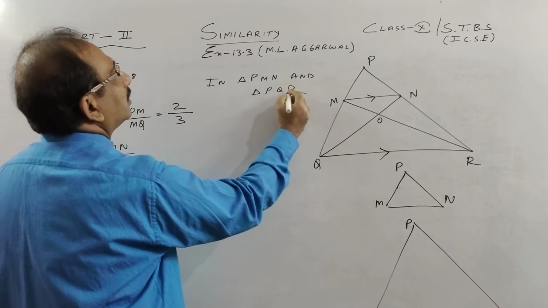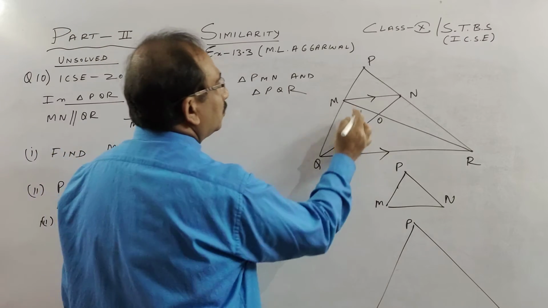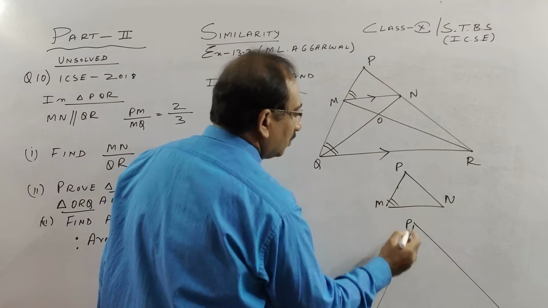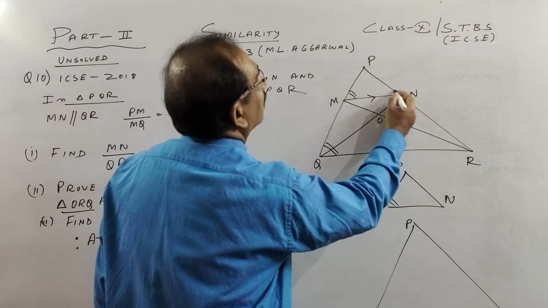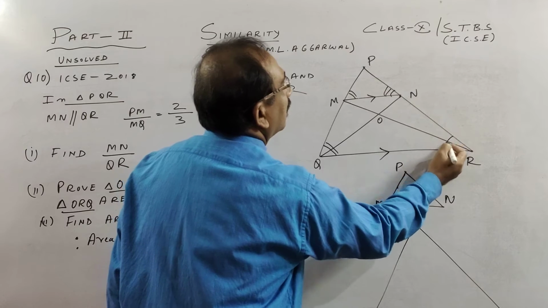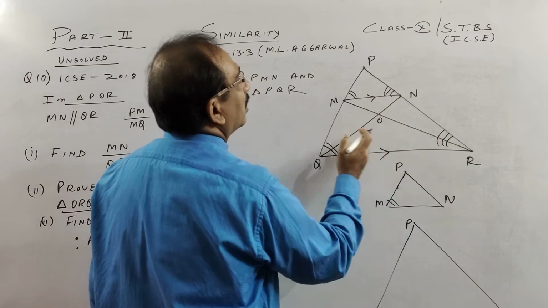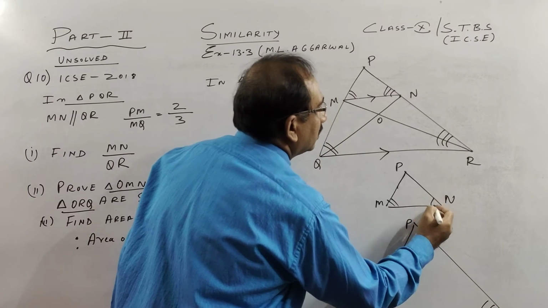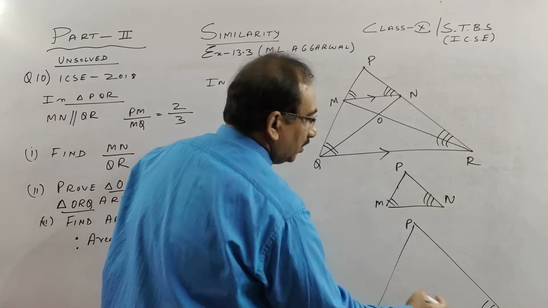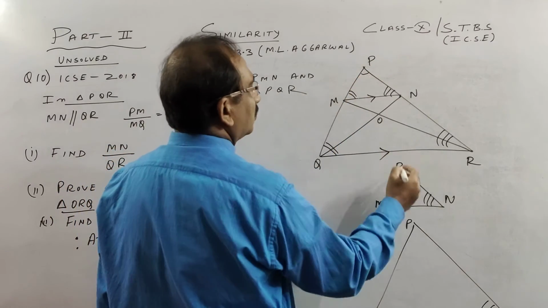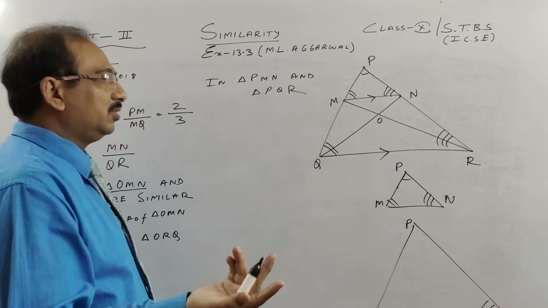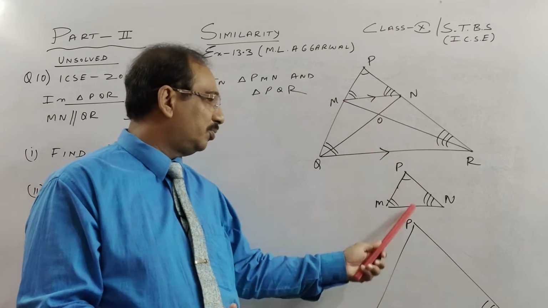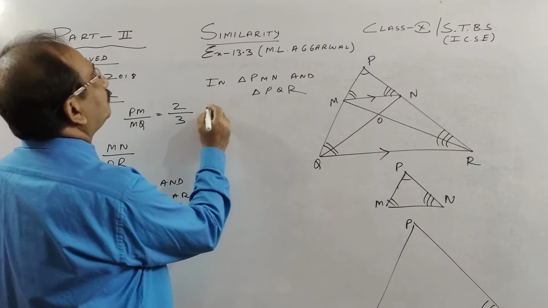So see what we have, children. These two lines are parallel. So these are corresponding angles. This angle is corresponding to this one. I put these as corresponding because of parallel lines. This is a transversal and this is a transversal. So two angles of this triangle are equal to two angles of this triangle. You can take the third one also. This is also common. Any two angles you take, children, these two are corresponding, these two are corresponding. That's enough to prove them similar.